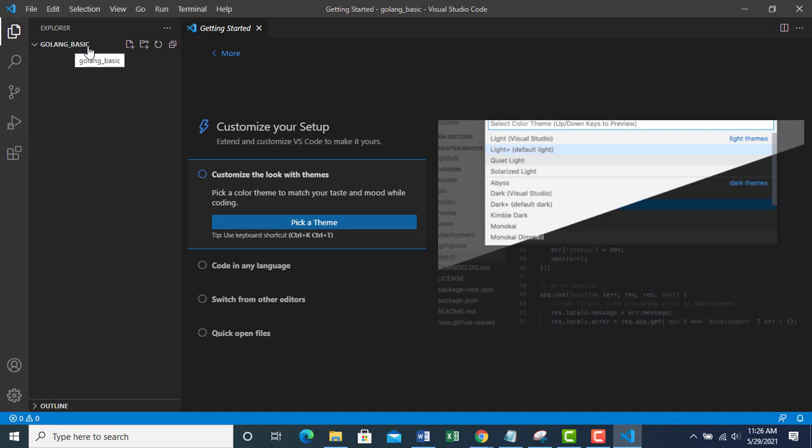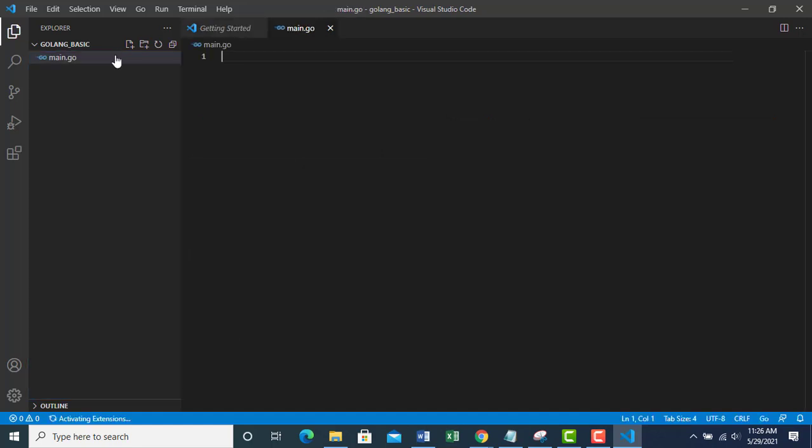After that, I click here to create a new file and write main.go. Before that, I can go to Extensions, or press Control Shift X, and install Go.